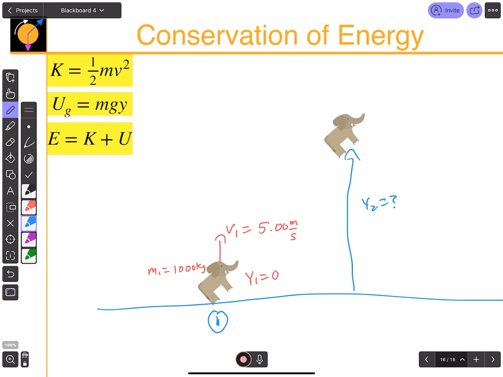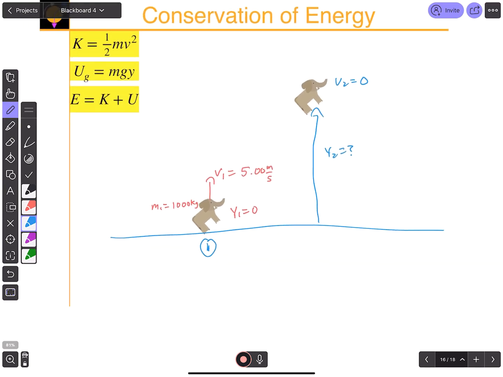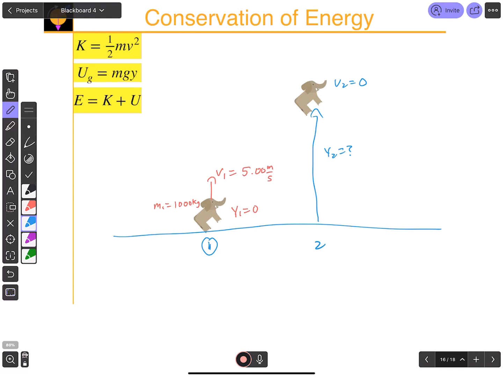It's similar to what we did before when we were doing this with kinematics, right? If I want to know how high it goes, that means when it reaches its maximum height, that's when it stops moving upwards. So that's when its velocity at its maximum is 0. So I know everything except y2. So I can solve this. So this is at point 2, right? So I can say E1 equals E2, or